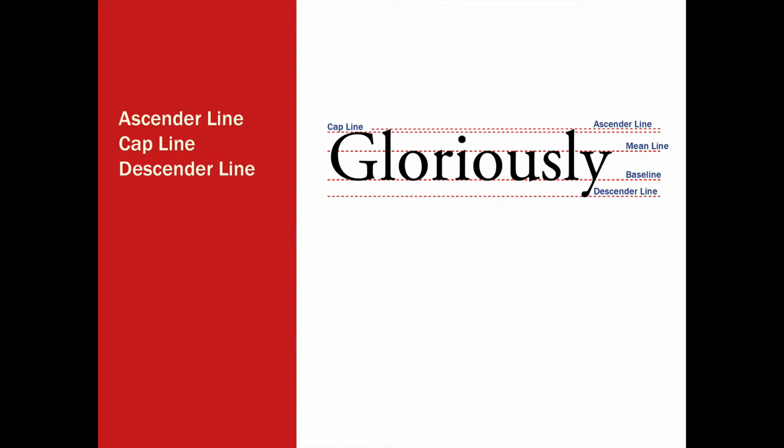We also have an ascender line, which marks the top of the tallest letter, such as an L, a cap line, which shows the height of the capitals, and in most typefaces, the capitals are just a little bit shorter than the ascenders, and the descender line, which shows the bottom of the descender on a letter such as this